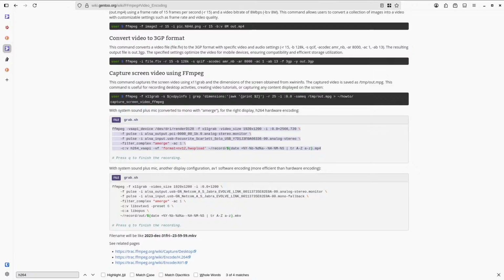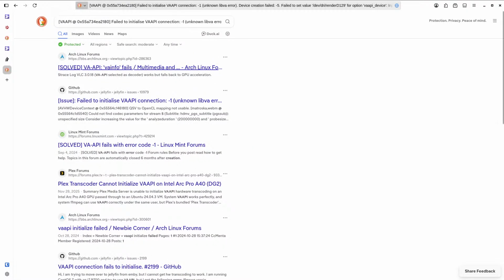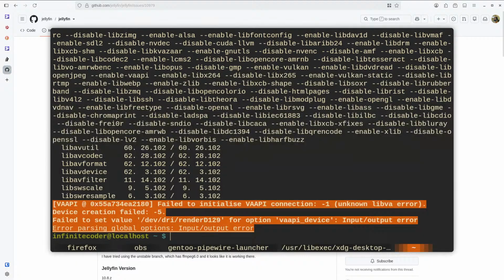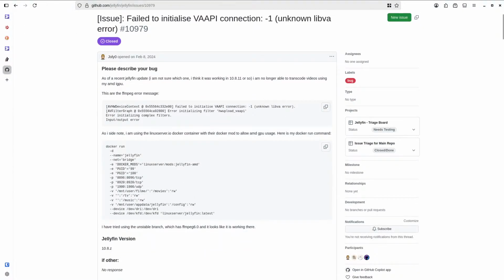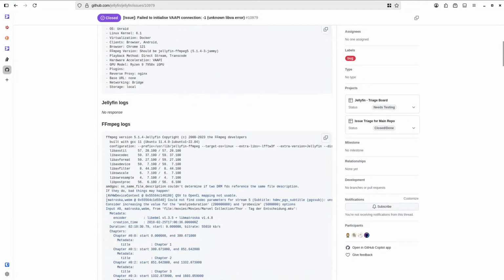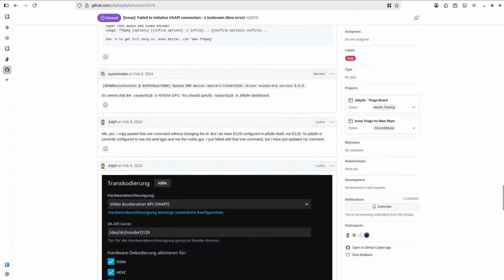Okay, let's Google that instead. Is it unknown? Yes, it is unknown. Device creation failed -5. So that's IO error. Okay, so that's in versus, well, that's what I'm doing.